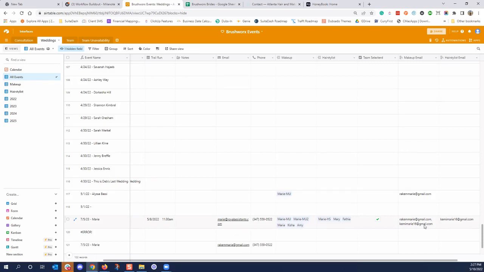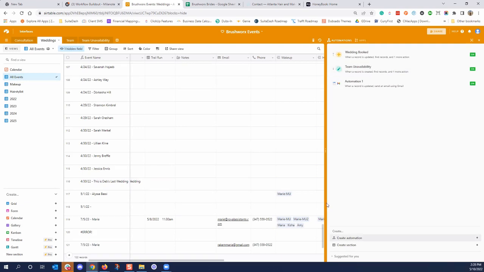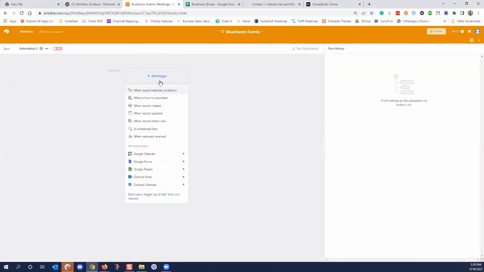Okay, so they'll get an email just like they did on Google Calendar. Yep. So, okay, no, they'll get an email with the information about the actual wedding. Do you want an email with a Google Calendar invite though, to add it to Google Calendar? Because I can do that. Yes, we would like to have something in that email that says, add this to your calendar. Perfect. Okay, so we can do that. And if it's not here, that's perfectly fine, because there are other ways. Yep, I could do that.